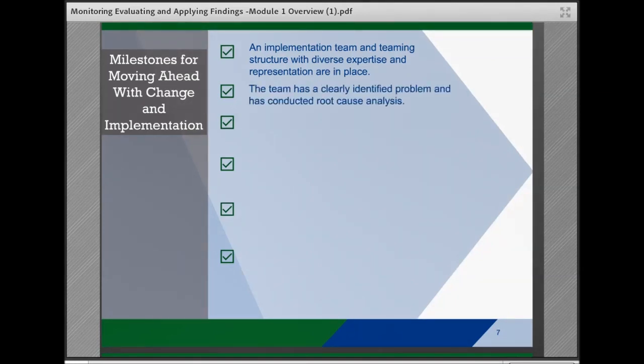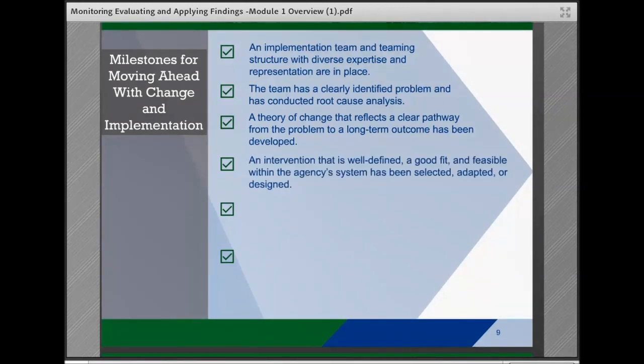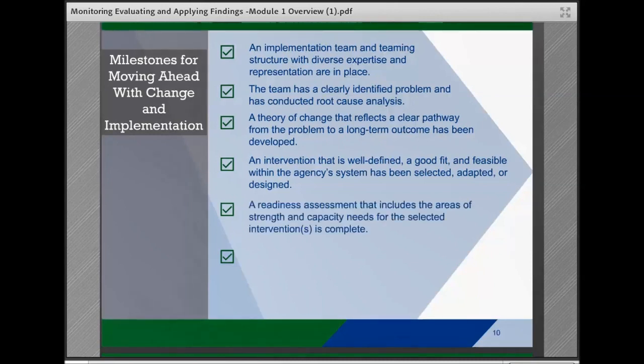And the team should have a clearly identified problem and an analysis of the root cause or causes of the problem. A theory of change that reflects a clear pathway from the problem to a desired long-term outcome. They've identified, adapted, or designed an appropriate intervention that is well-defined, a good fit, and is feasible within the agency's system. They have readiness assessment findings that include the areas of strength and capacity needs for the selected intervention,